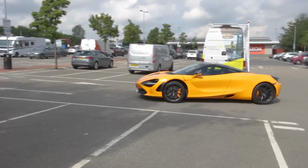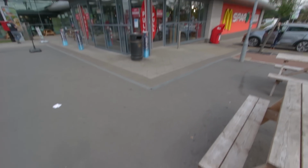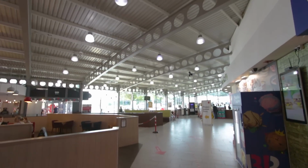First car spot of the day, and it's a good one. Welcome to Northampton Services, stop number 4 for the day. Opened in 1979 as Rotherthorpe Services. It was then demolished 22 years later and rebuilt, as you see here, by Roadchef, at which point it was